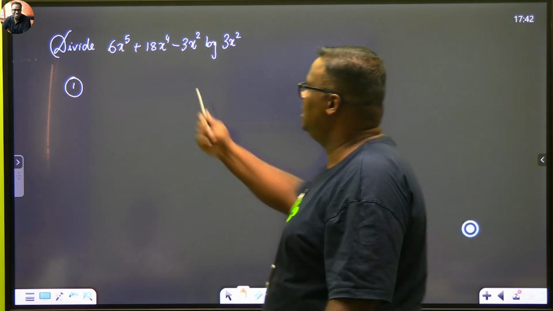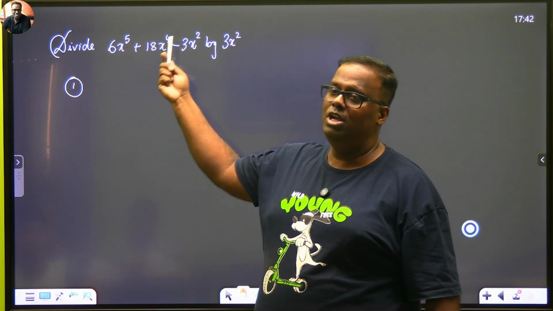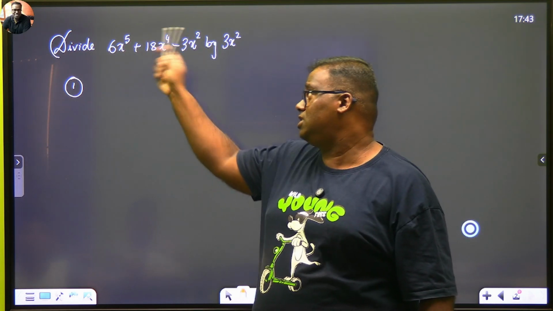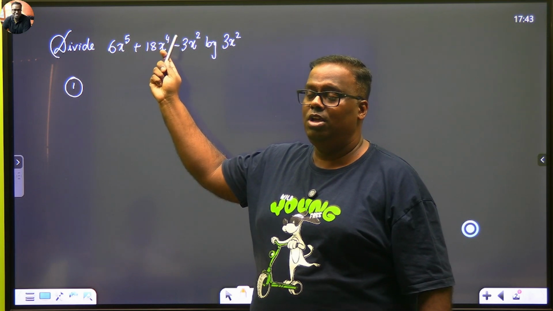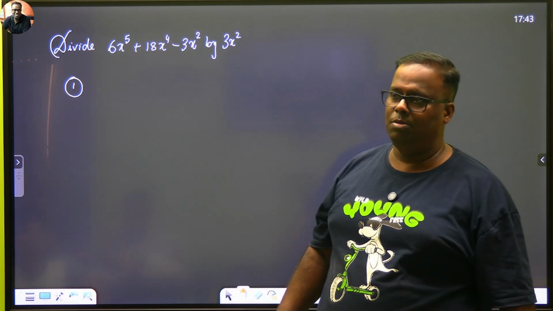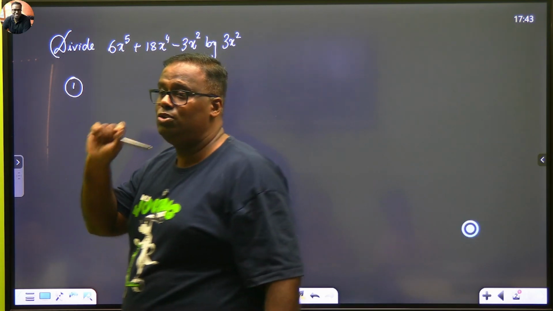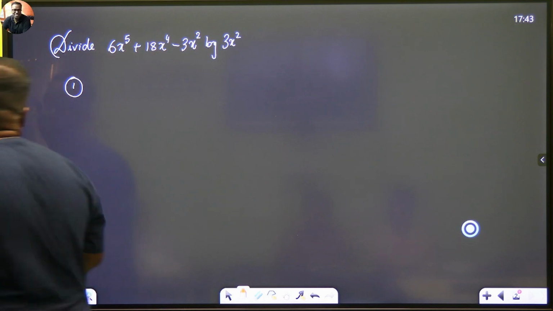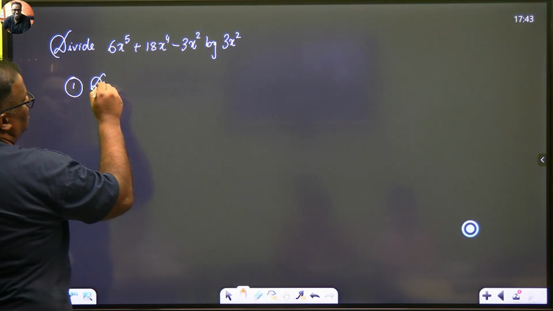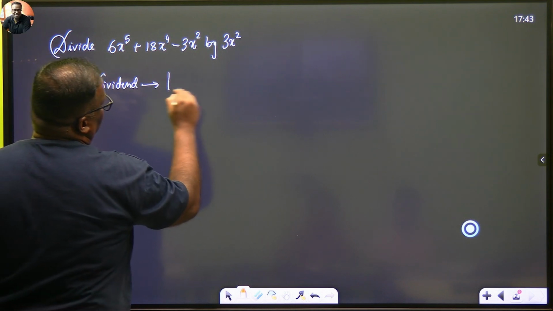Right now the question is set in that manner, means x to the power 5, x to the power 4. When you go to grade 9 and all, you might see this term first and this term. In that way, if you proceed, you will land up in GIGO, garbage in, garbage out. So you have to first assure what? That the dividend should be in decreasing order. So I'm writing this. Okay, the first step that we should see, that the dividend should always be in